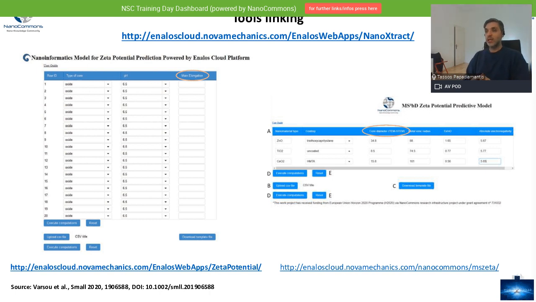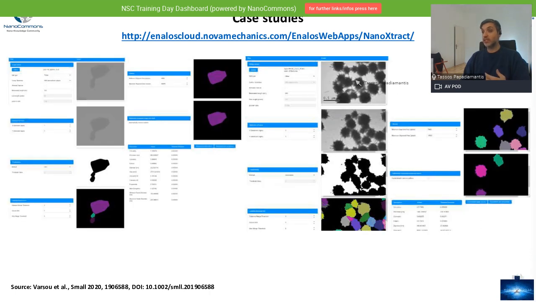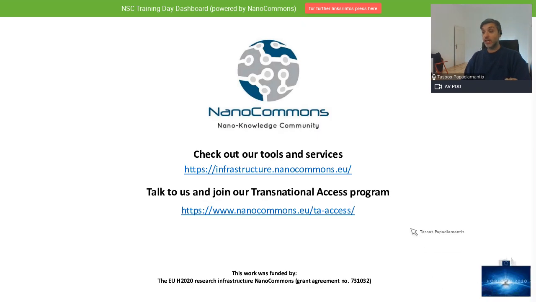For example, if you have the core-shell shaped nanomaterials here, maybe the high roughness will have an effect on how these interact with cells and so on. And this is all from me for now on how the tool has been developed and how it's been used theoretically. I'll be happy to answer any further questions before we move into hands-on practice on how the tool works. So thank you very much.